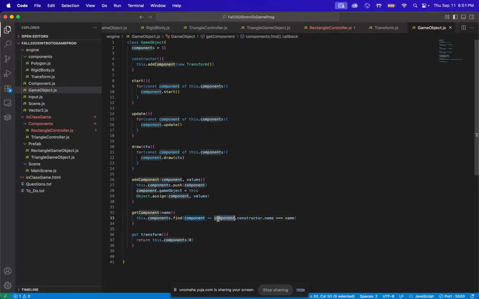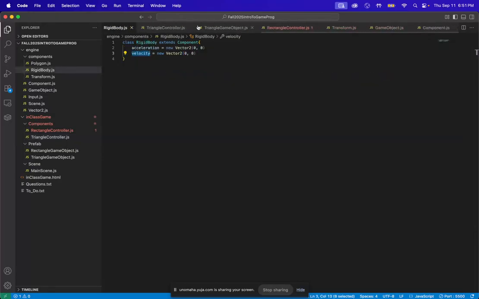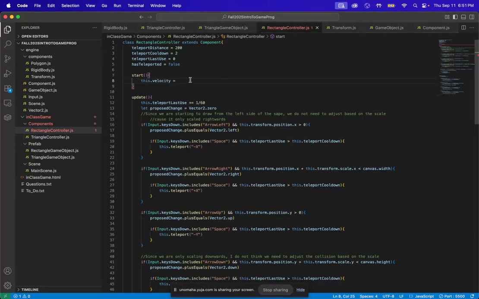What component dot constructor name does is it gives you the name. So if I was looking for triangle controller, I could do this dot find component triangle controller. In this instance, what we want to do for a rectangle controller is we want to do this dot find,